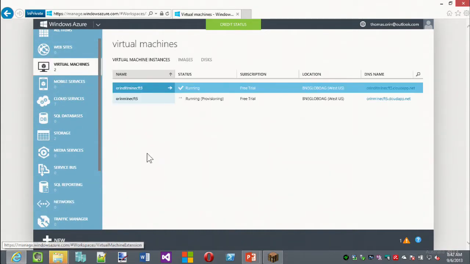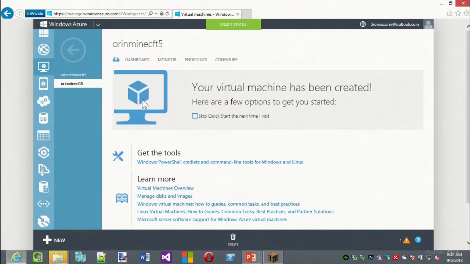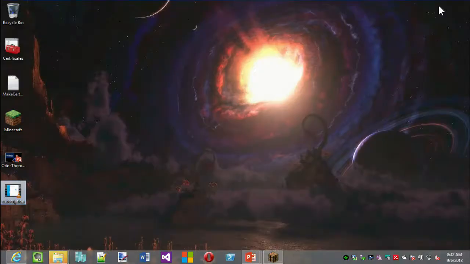So back here. It's still provisioning. Was there a question? No, okay. While that's still provisioning, the way that you connect to a virtual machine is through a remote desktop. So if I go back to here,